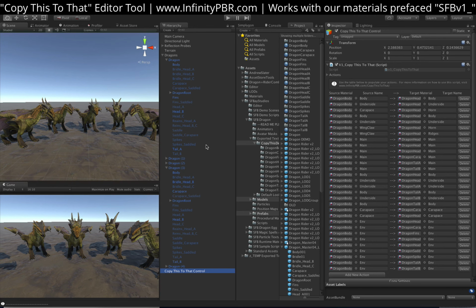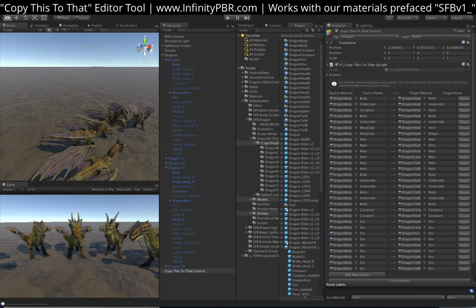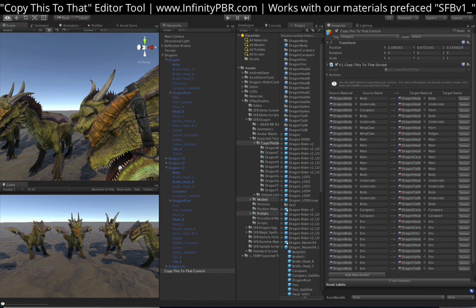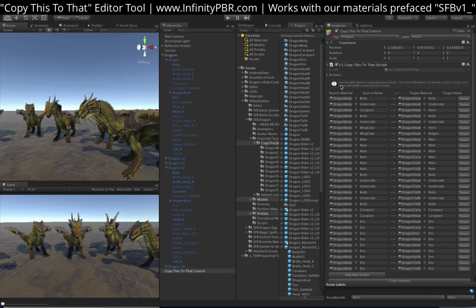This will be here in this demo scene, so if you want to use it, go ahead and just use it as is. You can do exactly what I did and then fine-tune the other stuff like the saddle, or if you want to change the teeth or the eye color or anything like that, you can. One thing also that's brand new for